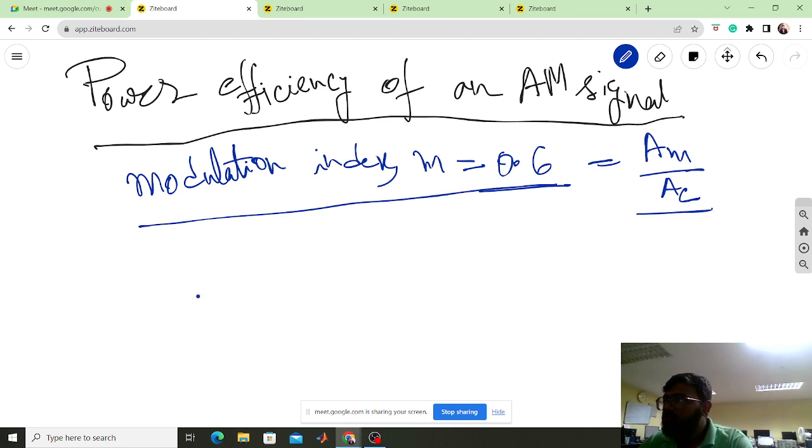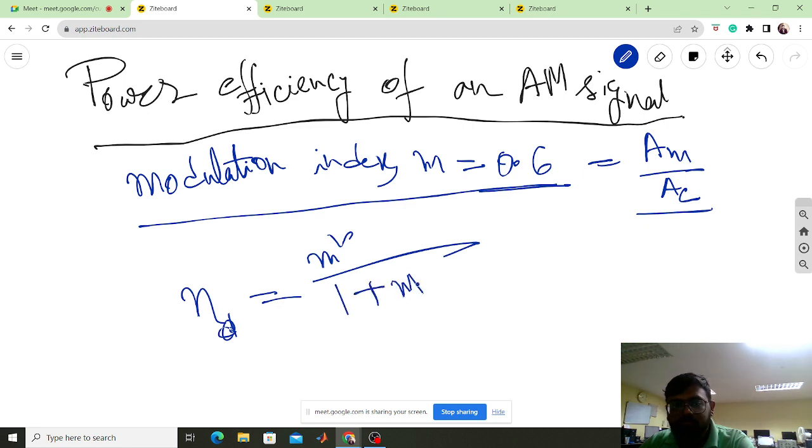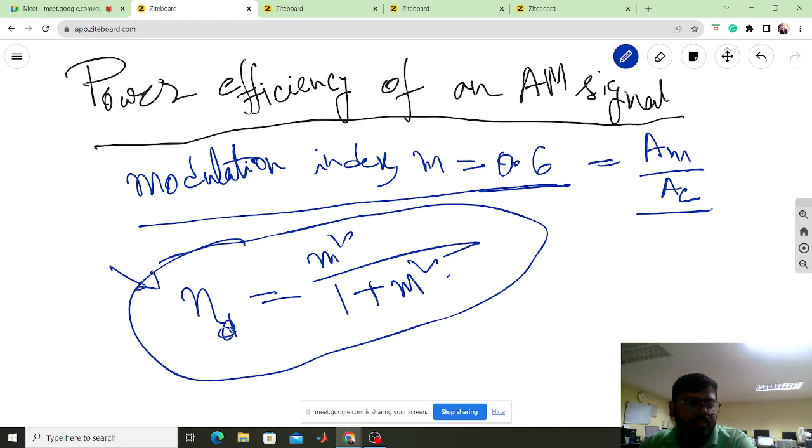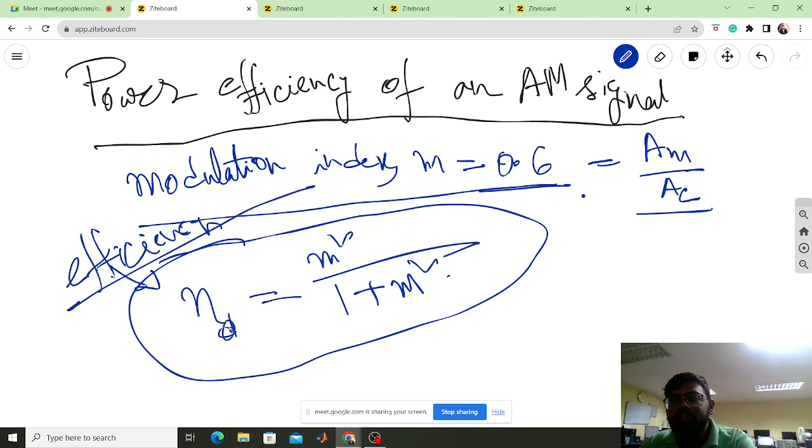So you can calculate the efficiency as m square by 2 plus m square, okay, this is the efficiency. So basically you have to think about what is the actual